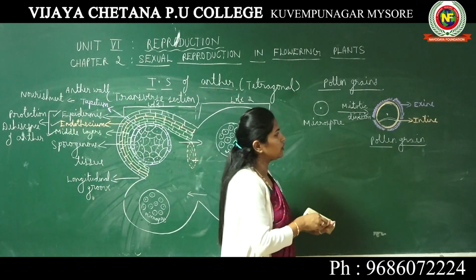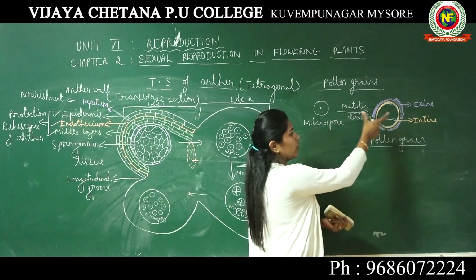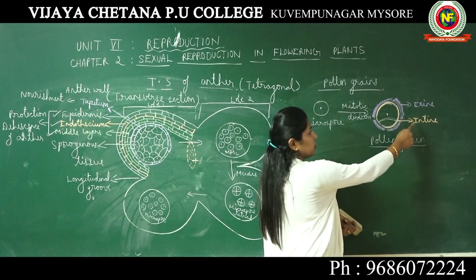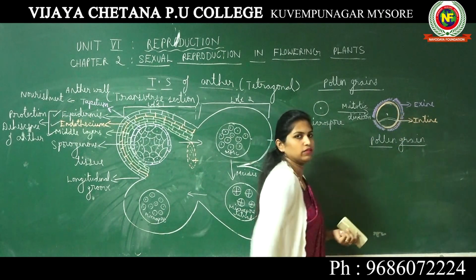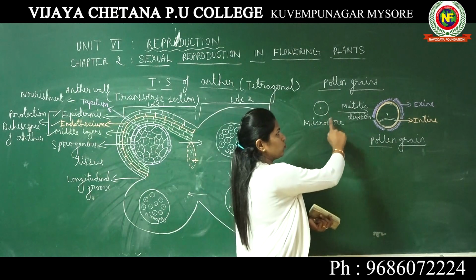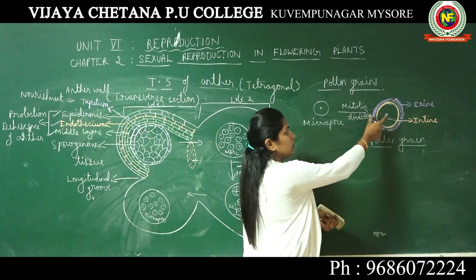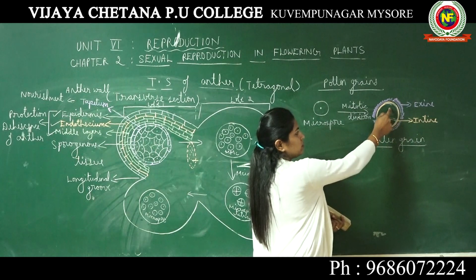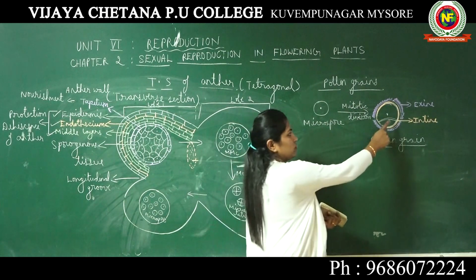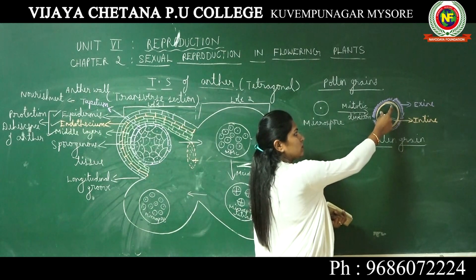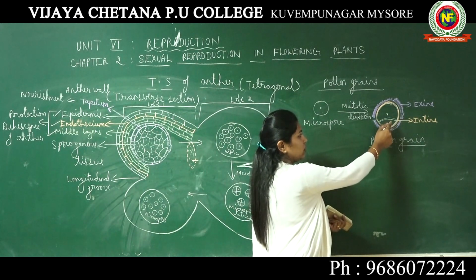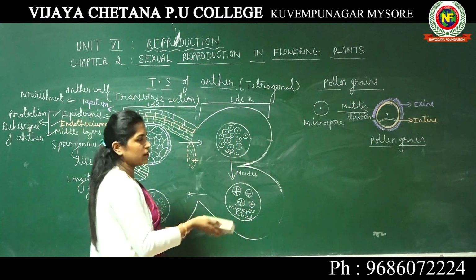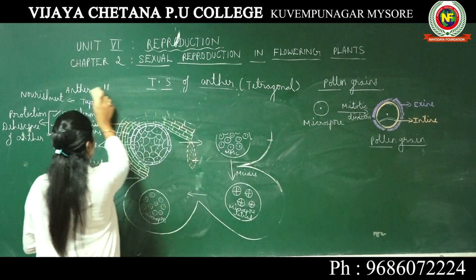Before that, let us see: when the microspore develops into a pollen grain, it develops two layers surrounding it. The innermost layer is intine and the outermost layer is exine. Also the microspore undergoes the mitotic division, dividing it into two cells. This is a cell and this is one more cell. This cell is a bigger cell, whereas this cell is a smaller cell. I will draw the structure of pollen grain in detail since it is a very important question for your 2 marks.